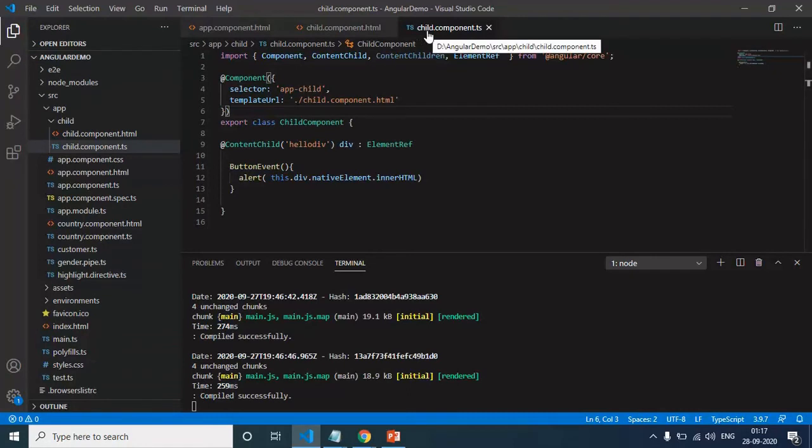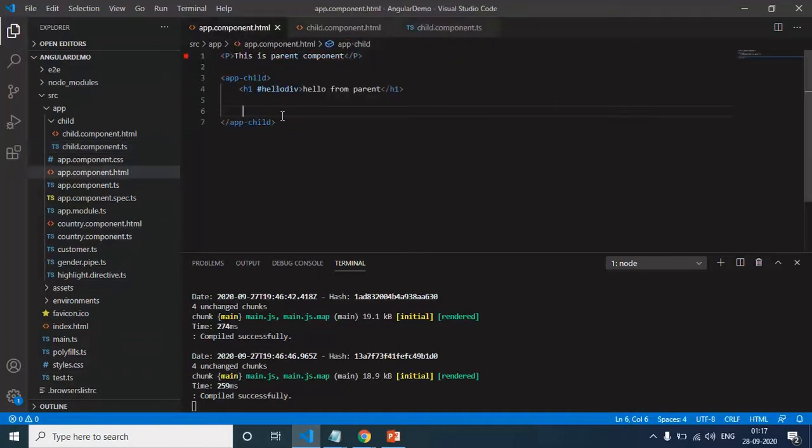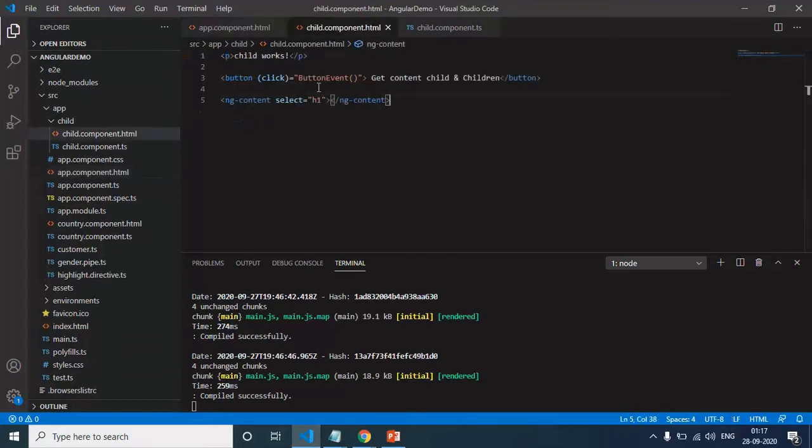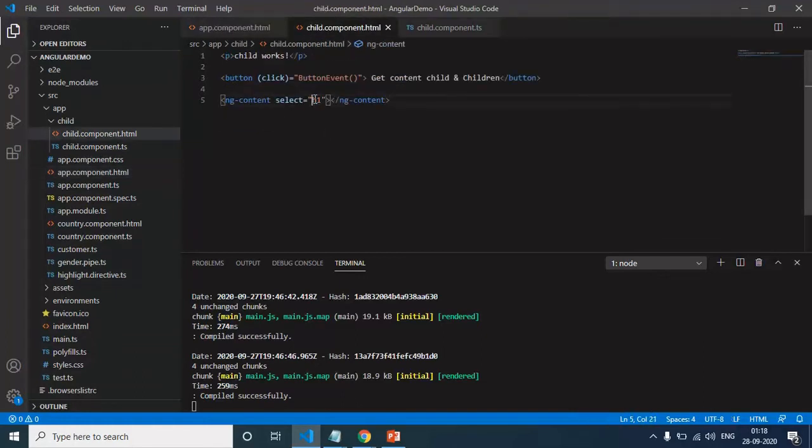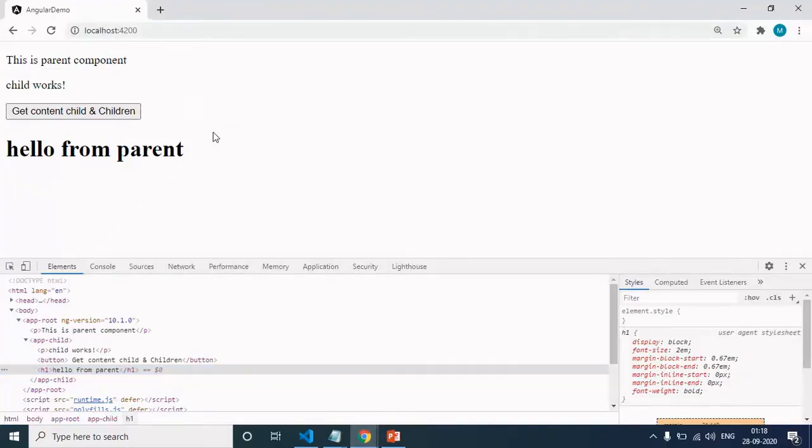So let me summarize what I did. I created a child component, child.component.ts, and this component has a selector. And this selector I am using in the app.component.html, and in the opening and closing bracket, I am passing some HTML element. And this element I am accessing in the child component using ng-content. And I am using this tag selector. So if you see here, I am using the S1 tag. So here also I am using S1. And finally, it is getting displayed on the page. And you can see here.